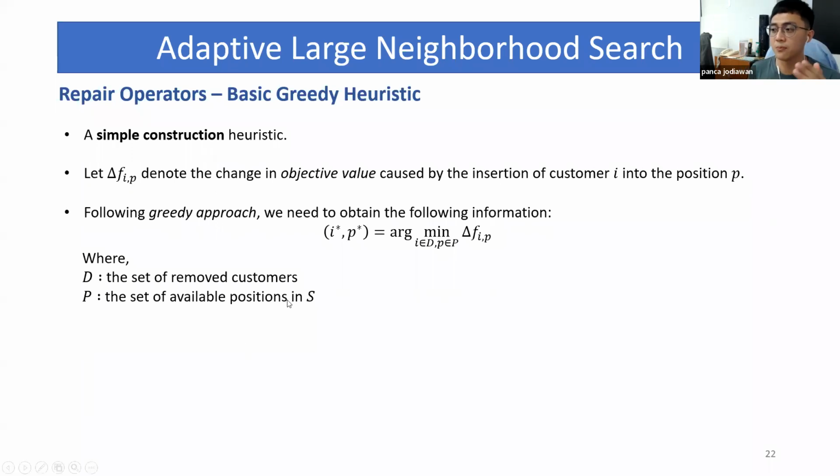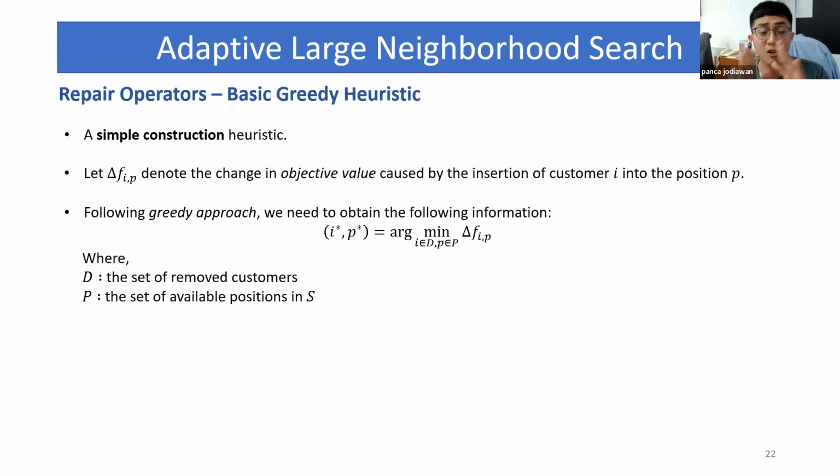So following the greedy approach, we need to obtain the following information. It is written mathematically, but what we want to say here is that in every iteration, we need to find the insertion position that results in the least cost. So you need to find the least cost position of the customer.